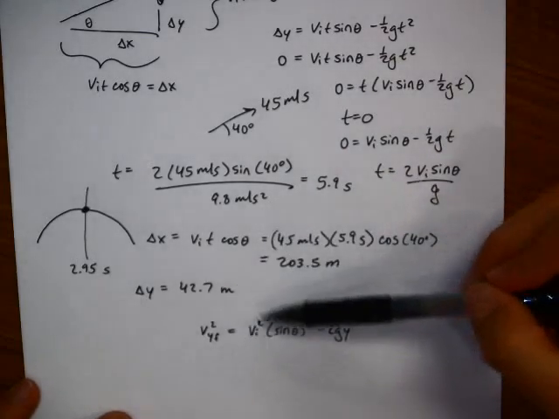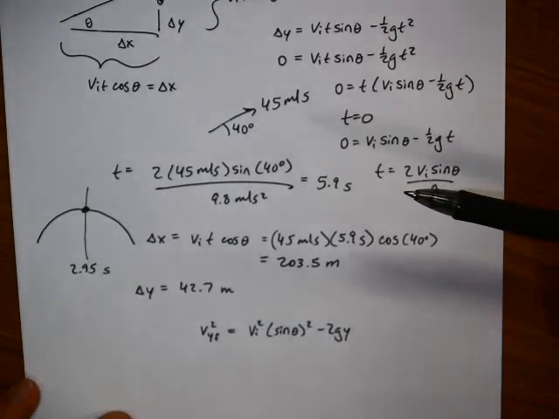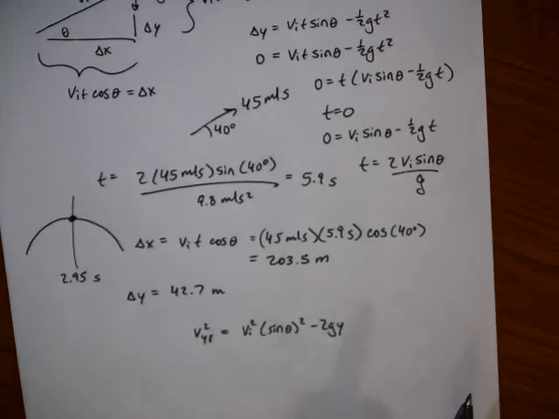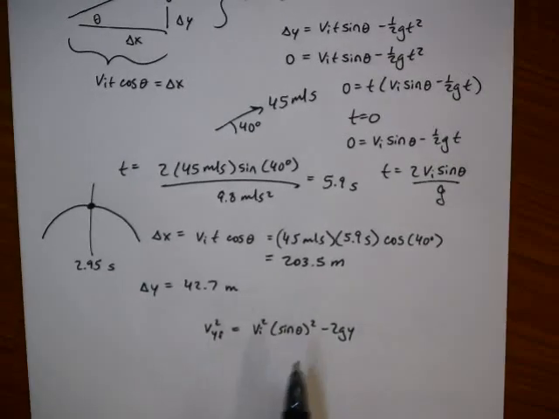Now, if we only consider the vertical motion, do you like how the light keeps turning off? That's nice. It's motion sensor. Okay, so if we only consider the vertical motion,